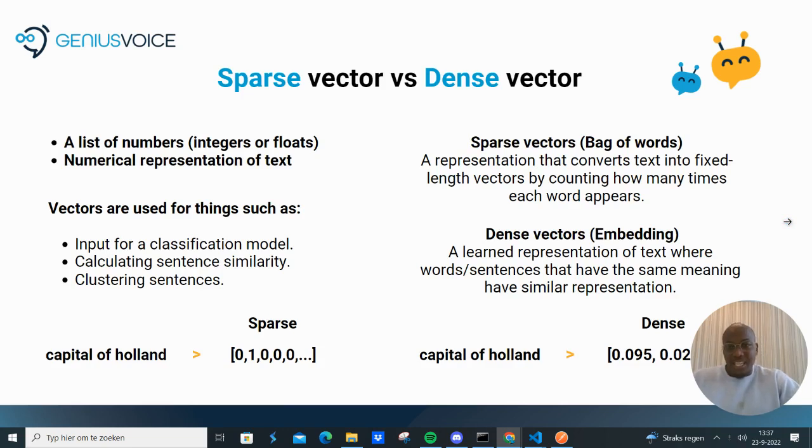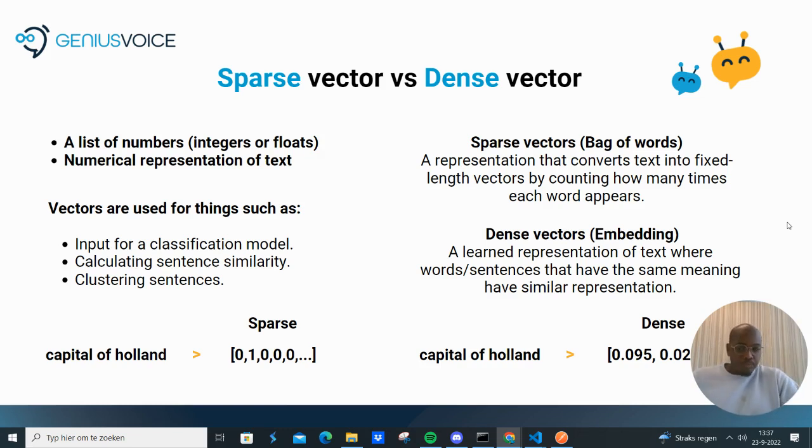Well, a vector is actually a list of numbers. So this could be integers or floats. And a vector is a numerical representation of text. As we know, computers don't understand text, they understand numbers. So we have to convert text into numbers so that the computer can understand this. Now, vectors are used for things such as input for a classification model, to calculate sentence similarity, to cluster sentences,